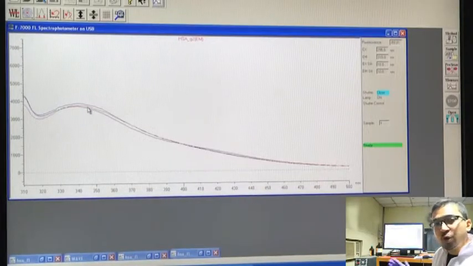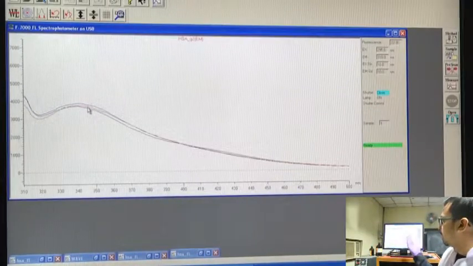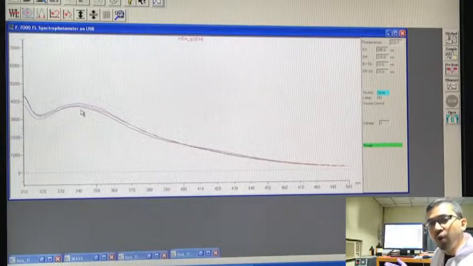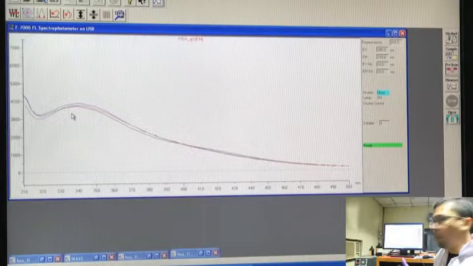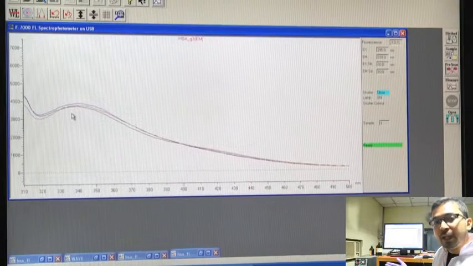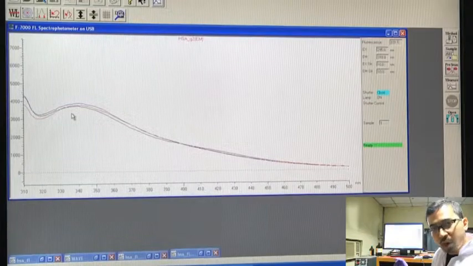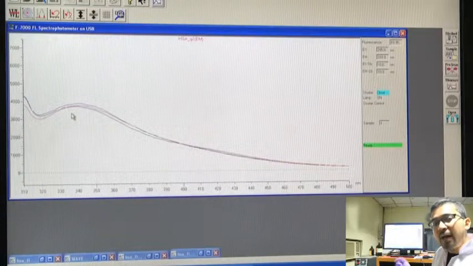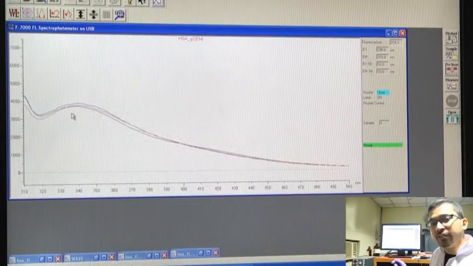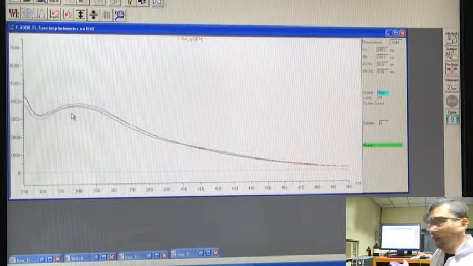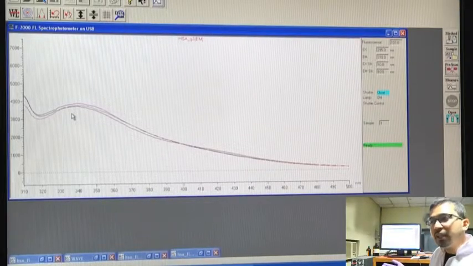So, what we should do in order to remove this confusion, because we can't be sure whether the tryptophan intensity actually increases or decreases. Once we are done with this experiment, we have to take only double distilled water without HSA and to it add guanidine hydrochloride, the exact volume from the exact concentration which we are using out here. Okay. We will explain this again once we start with the control part.